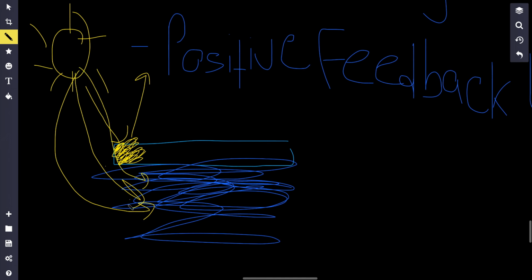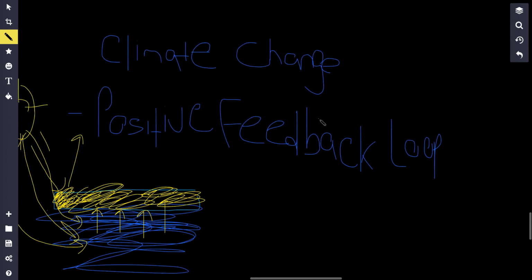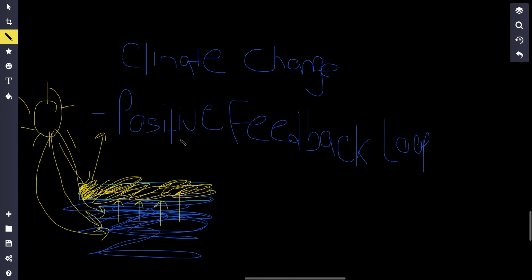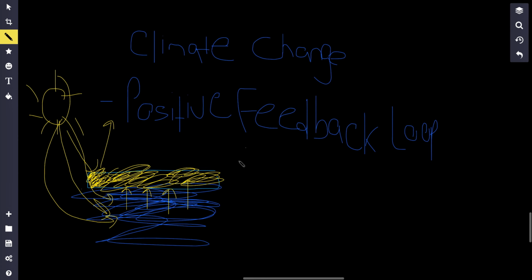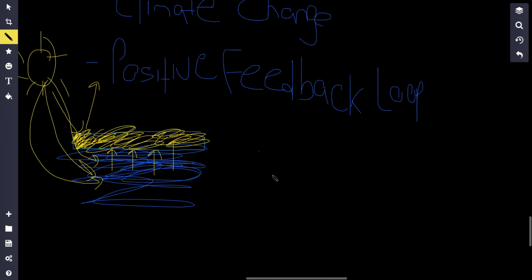As a result, this ocean right over here is going to increase in temperature. And this heat that's gathered up in the ocean water is going to be transferred to this ice right over here, which causes more of the ice to melt. This exposes even more of the ocean water, which absorbs even more heat. And this process is just going to keep going over and over again, right? So this is an example of a positive feedback loop, where one thing causes the other, which just keeps the cycle going on and on.